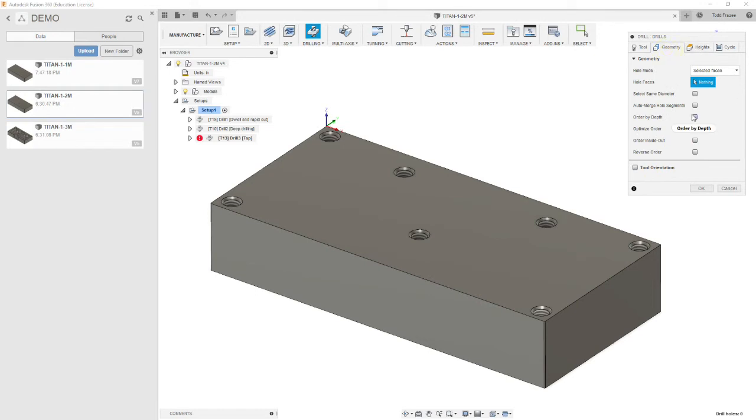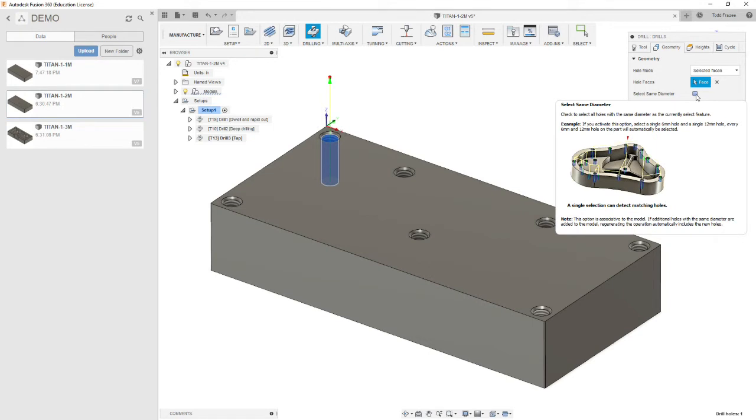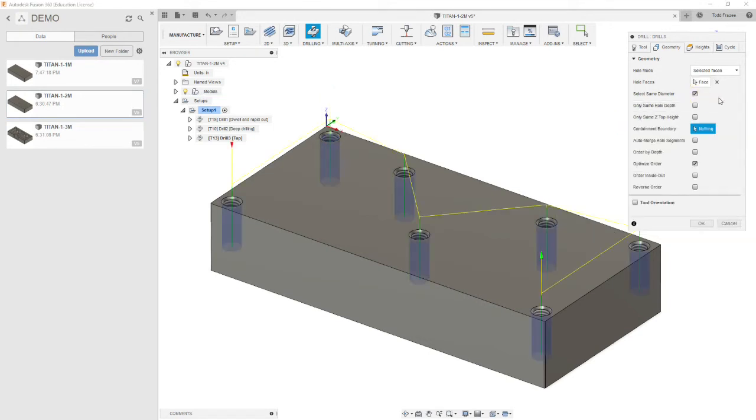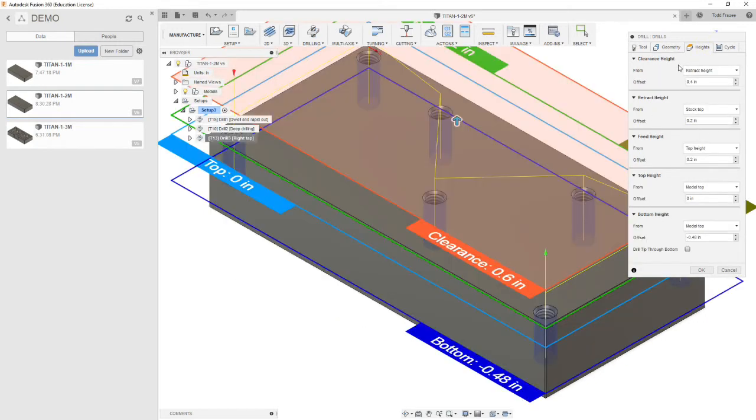Okay, we're going to go to geometry, and again I'm going to be in select faces, and we're going to select that hole, and we're going to select same diameter. Now that we've got all of the holes, it picks them all up. Okay, and we're going to go to heights, and again our retract height is going to stay at default. Our clearance height is going to stay at default. Our feed height is going to stay at default, and then our top height, again we're going to change